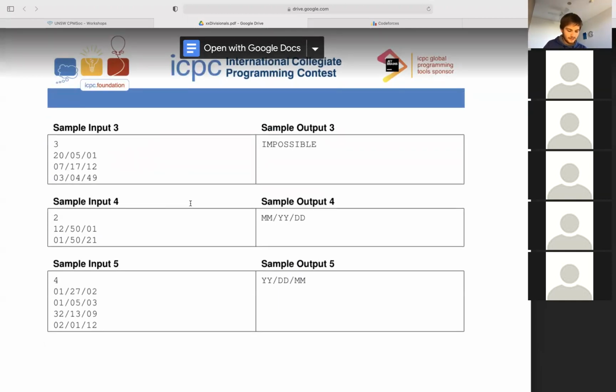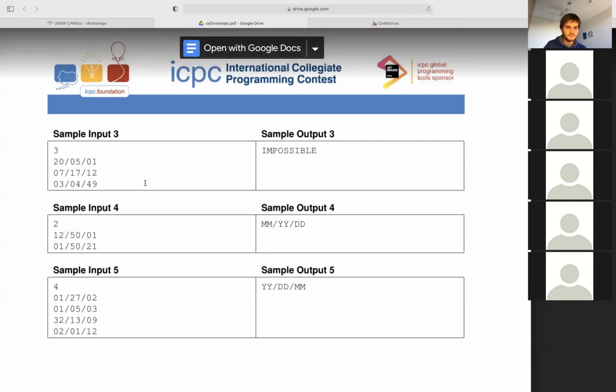So does anyone have a brief overview of how we might go about solving this problem? Split the input lines? Yep. So we want to consider each input line separately.